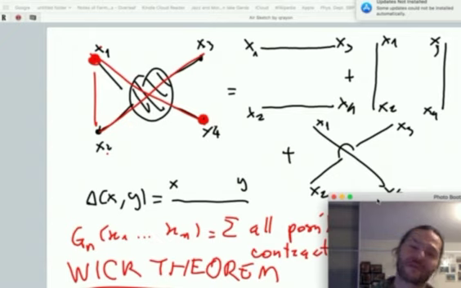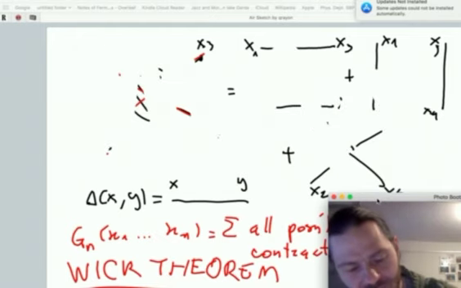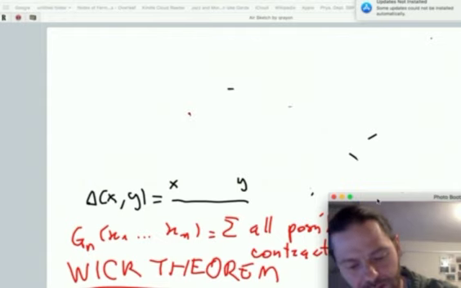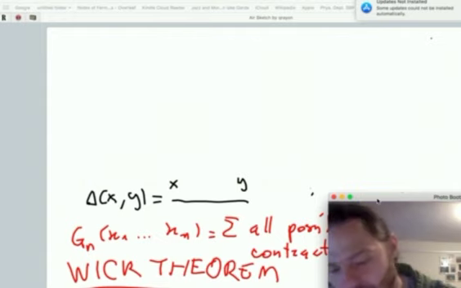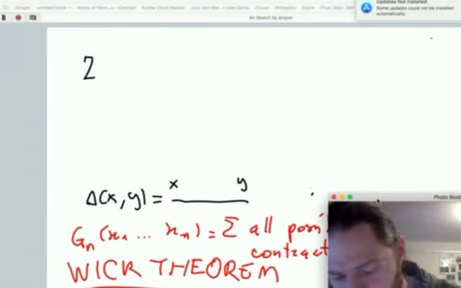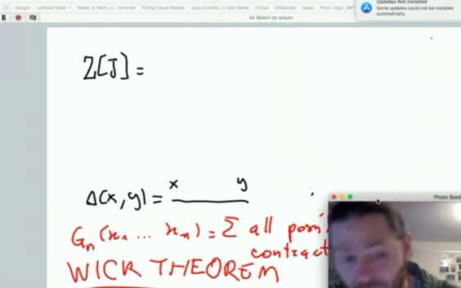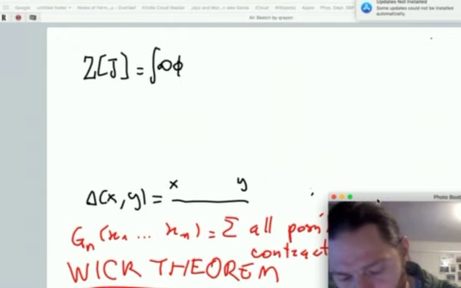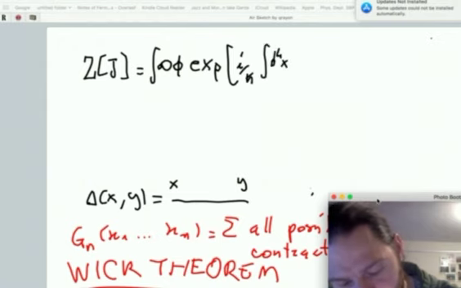Now, the Wick theorem is very hard to prove in quantum field theory in canonical formalism, but you can re-demonstrate it by reminding yourself that, say, now this is a side part of the course for those coming from field theory, you can define a generating function for this time-ordered correlation function in quantum field theory. And in this specific case, this would be the exponent of i over h bar, the Klein-Gordon action, which will be